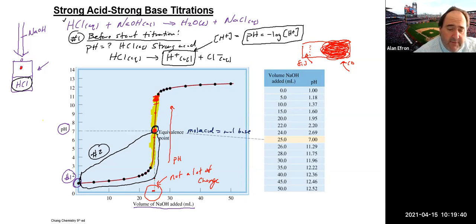There's not, which means in reality, even if you missed it by like a drop or two and it went really dark pink, it probably would not have made a tremendous difference in your calculation, because again, if you just go vertically down, it's about the same volume almost as what you have at the equivalence point to even up here. And the truth is, it probably wouldn't make that big of a difference, even though people yell at you all the time. The real reason why they yell at you all the time is people are not really careful